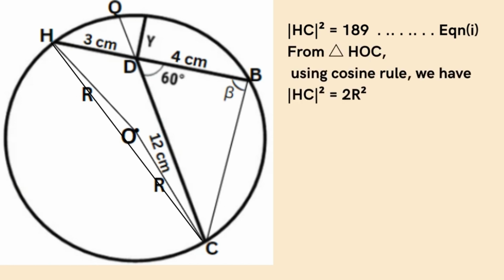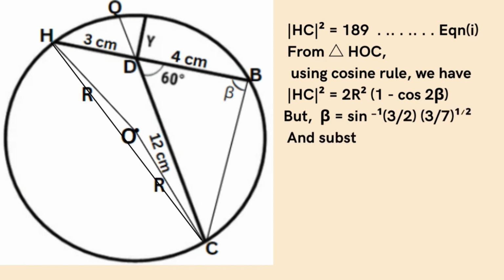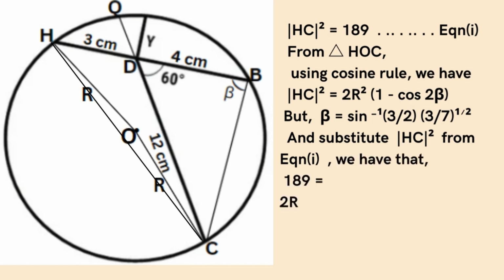From triangle HOC, using cosine rule, we find a new value of the square of HC. Substitute the value of angle beta and equate your result with equation I. Make the square of R the subject of the formula, and we have that